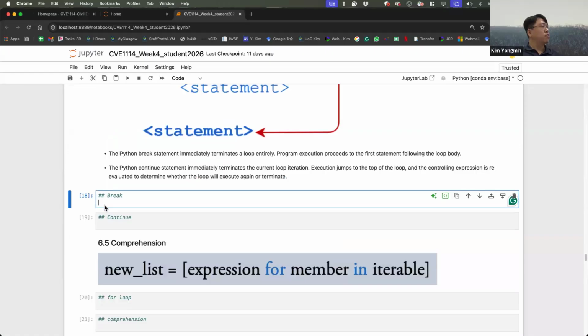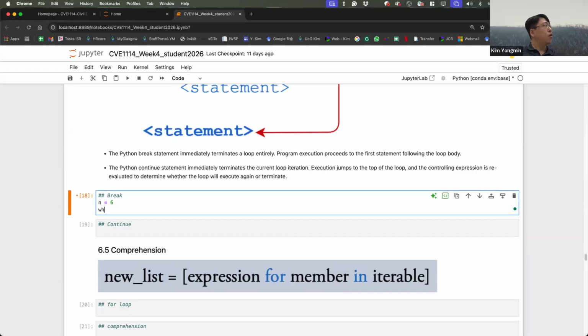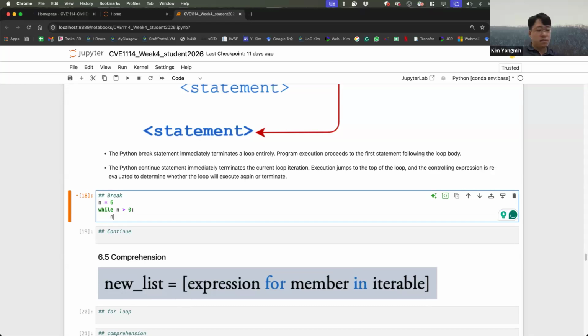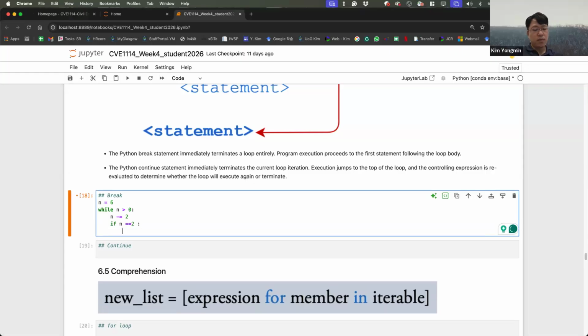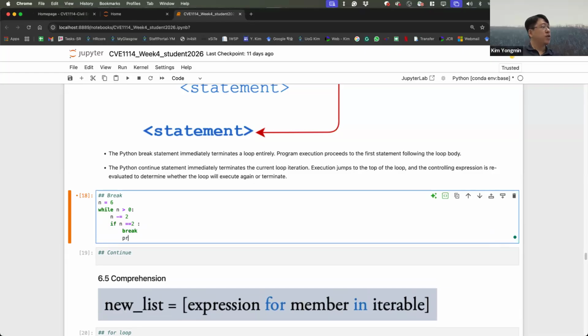So let's try out the break. Okay, n is now 6. While n is greater than 0, we subtract 1 every time. But if n equals 2, break, and print n here.